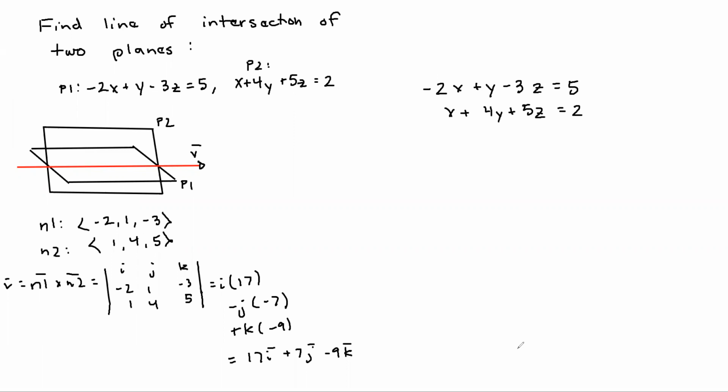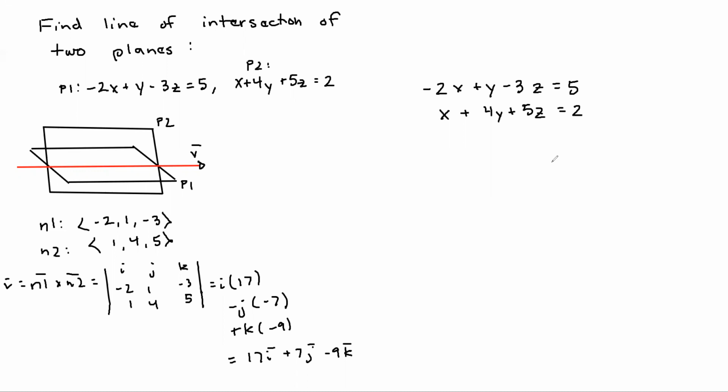All right. The easiest way to go through and find such a thing is to actually plug in a value. That might seem a little bit unnatural, but it's okay. So in this case, I'm just going to plug in z equals 0. If I plug in z equals 0, it corresponds to the xy plane. And so essentially what I'm finding is the part of this plane that lies on the xy plane, and the part of this plane that lies on the xy plane. And then I'm looking for where those two parts, which are going to be lines,